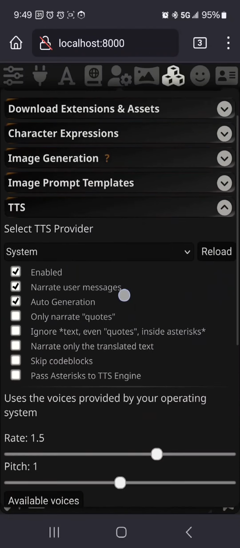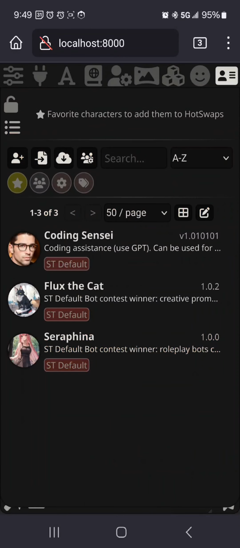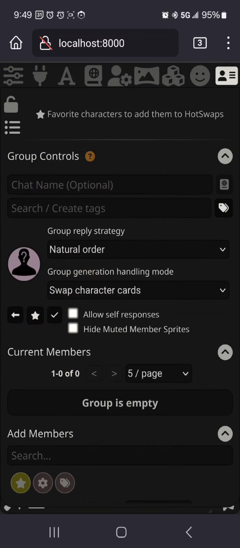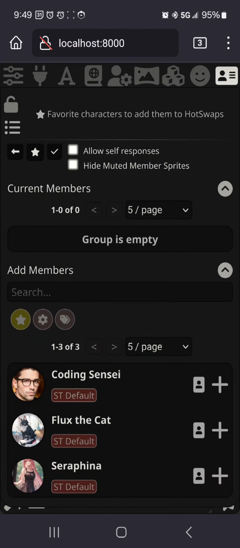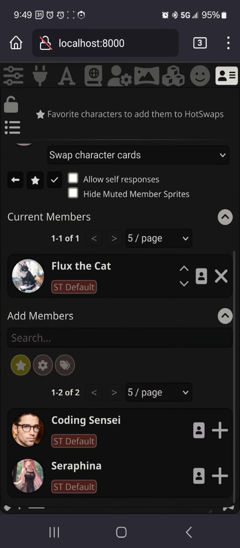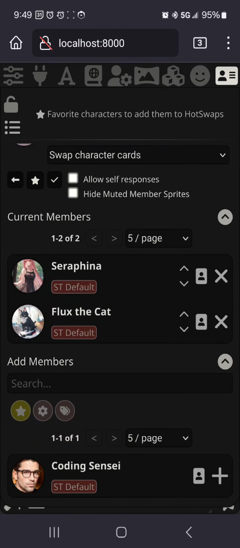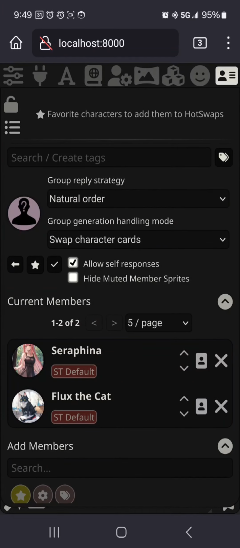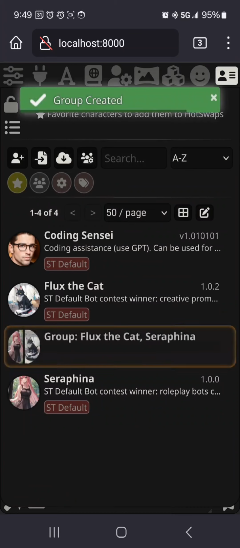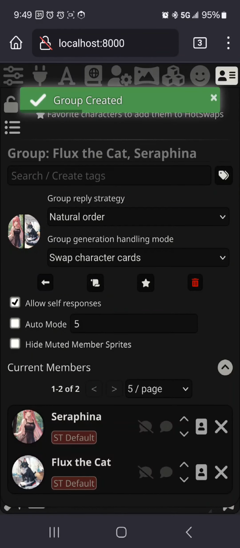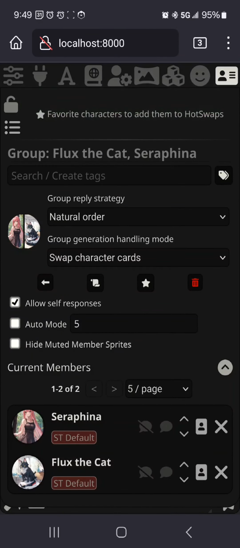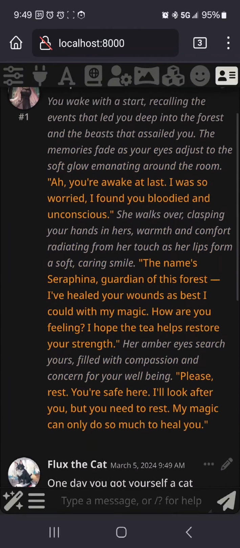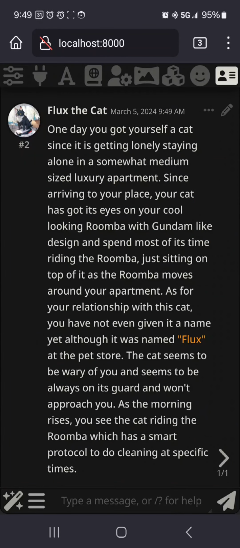So we're going to go ahead and set up a quick group chat here. Do a group, empty group. I'm going to put Cat and Svina in here. These are the default allow self, and then I click the checkbox here, and now we have a new chat set up. And we'll check this. We got 2 messages in here. Now we're going to turn